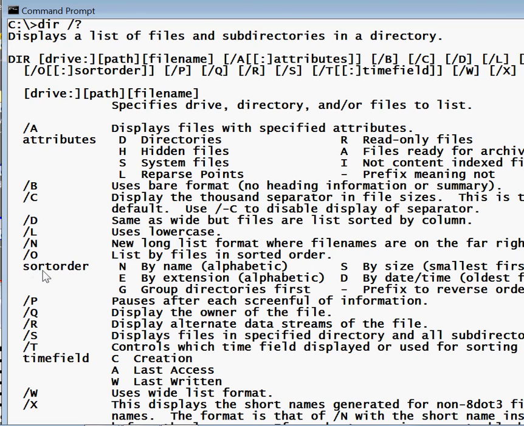The /o for sort, okay? If I use it, I can use any one of these letters to identify how I want to sort it, okay? And we are going to look at all these parameters a little bit later in this chapter, but right now I'm looking at reading the syntax, okay? If you look at the syntax of a command, what's required, what's not, and then there are those that are, I don't know if there's any in the,